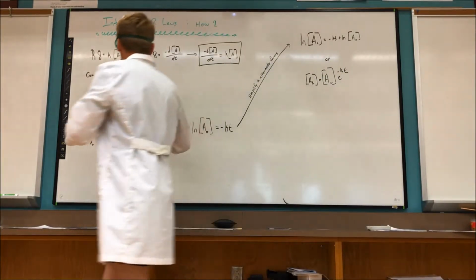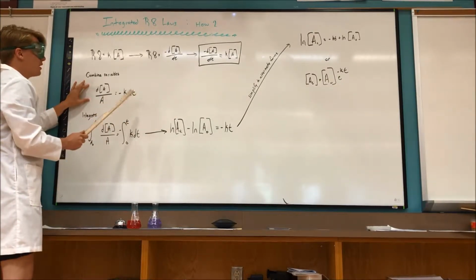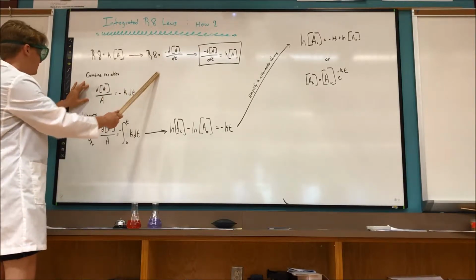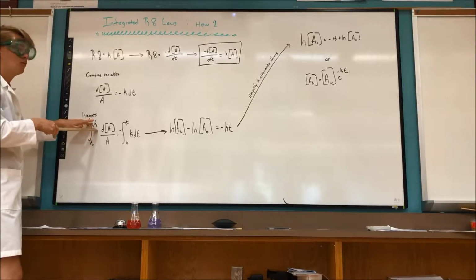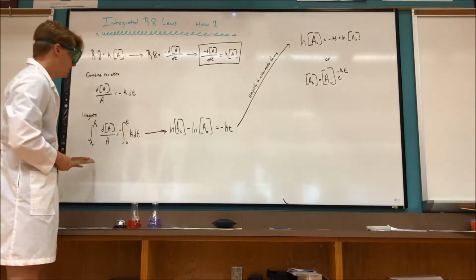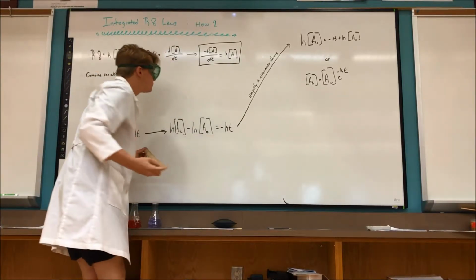And so we come right down here, combine your variables, this equation up here, get your A's together, and then your t over here with this k. Of course, you have our negative from right there, and then you're going to integrate from A to your new concentration that you want, and then you'll go from 0 to t, plug that in, and then this is your almost final product.